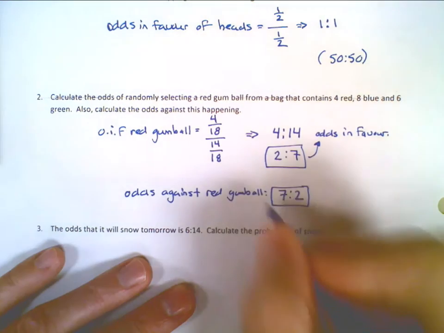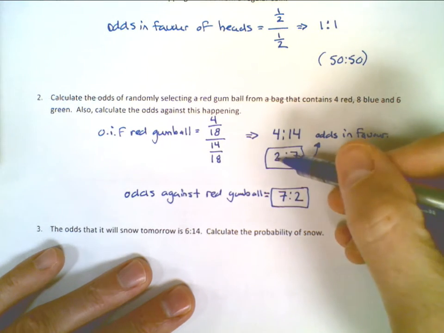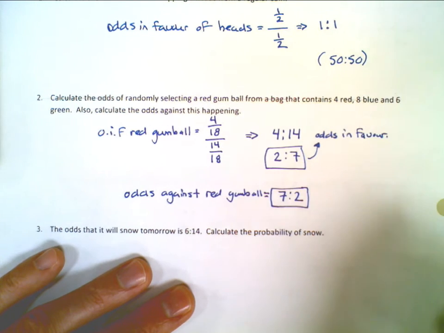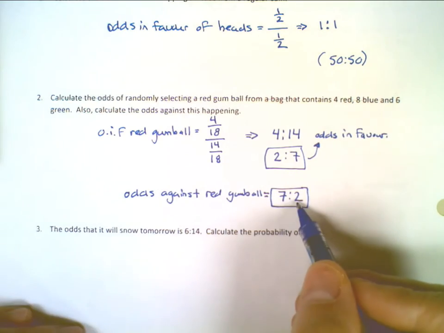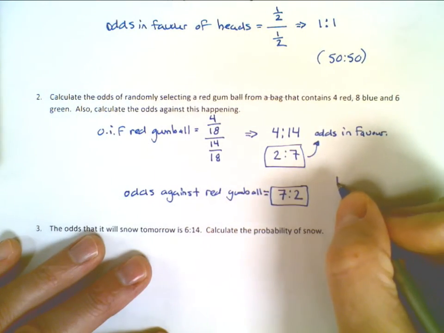That's it. What you'll notice here is that it's unlikely, 2 to 7, that you're going to select a red gumball because there's more of the other types, but the odds against it is favorable because you have 7 to 2. Another way you could have done this is you could have written it as the probability of not getting a red gumball